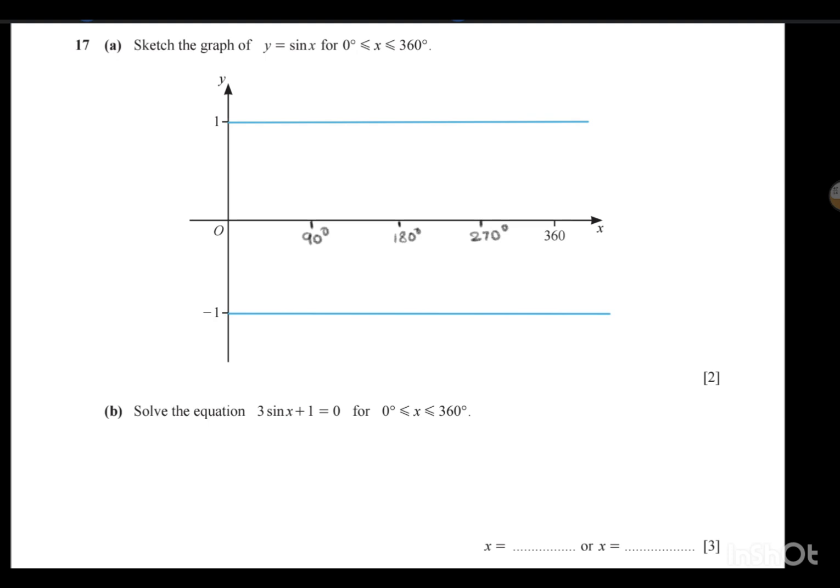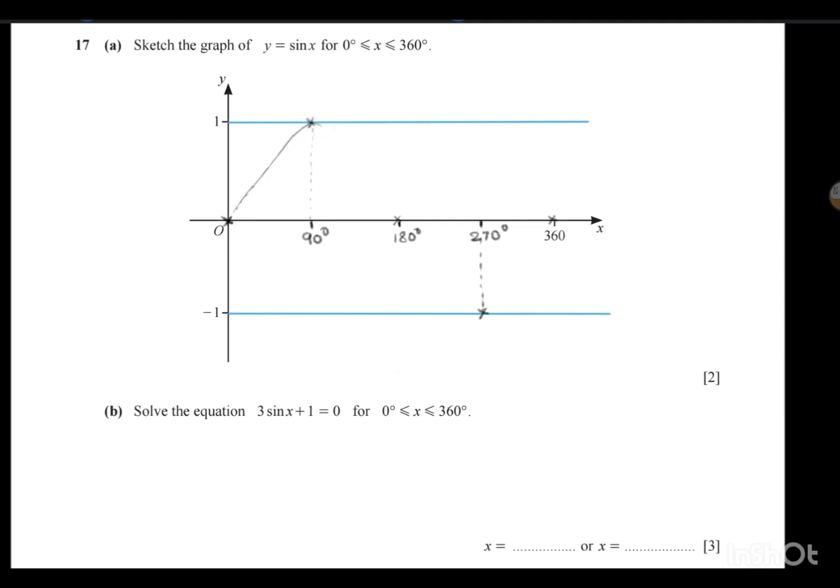Now sin 0 is 0, this will be 1 point, sin 0 is 0. Sin 90 will be 1, so taking the ruler, exactly here you mark one more point. Then sin 180 will be 0 again. Then sin 270 will be minus 1. Again take your rulers, put the dashed line and put the point, and mark the point sin 360 also as 0. Now use your pencils and draw the curve